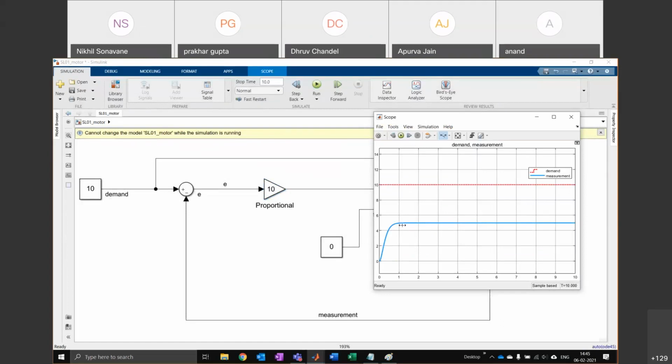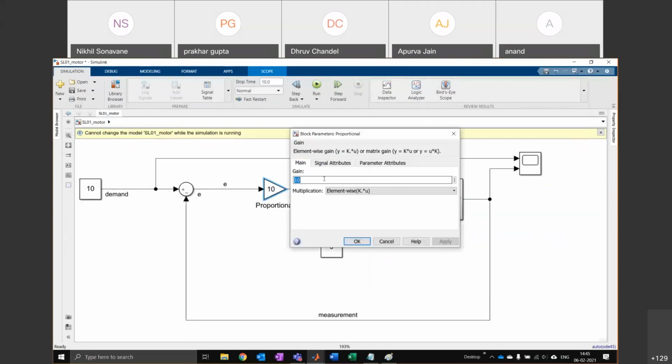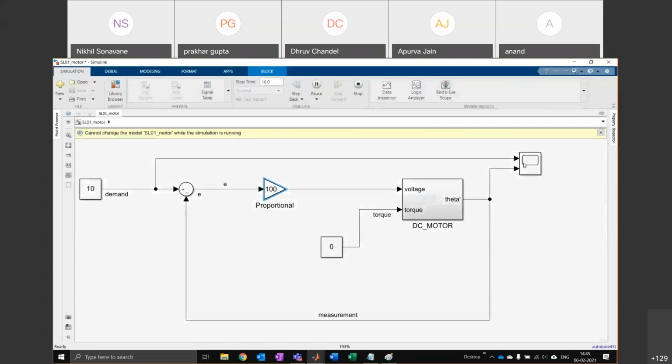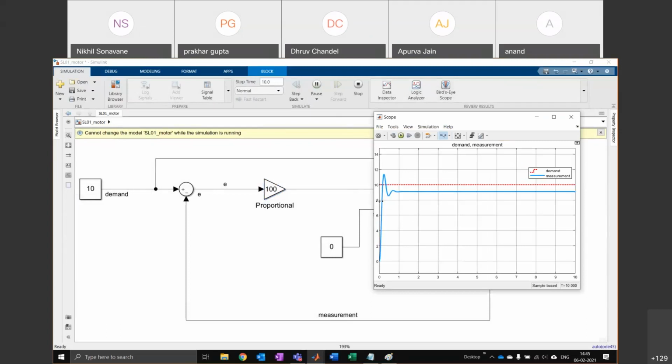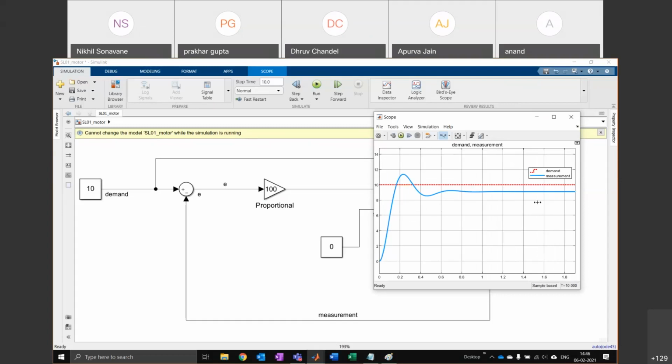And this graph goes up a little bit, but it's still not caught up. We increase this to 100. Graph goes up even more. It actually overshoots, but then it settles down and you still see some error. Can anyone guess why this is happening?